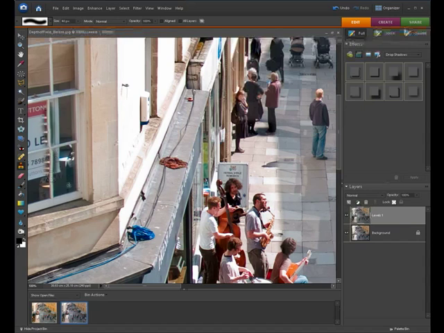Now if we take another sample point, and we're just going to very quickly remove any of the remnants of the sign, and again just keep resampling so that you can actually build in the window. And there we go. You don't have to be too accurate because we are going to apply blur over the window, but just get it so that you've removed the sign and you've taken away that highlight distraction from the image. So if you just zoom out again